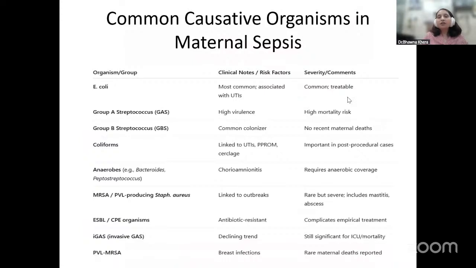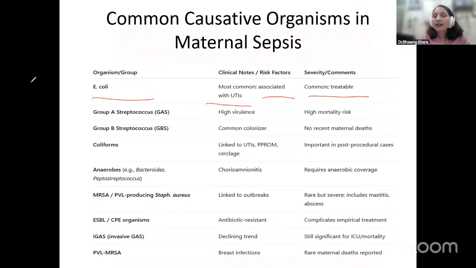Maternal sepsis, now what are the common organisms? Again, a very common part 2 question, right? Which is the most common organism for maternal sepsis? Always has been a point of confusion. So E. coli. Now it is clearly mentioned that E. coli is the one which is the most common, particularly when associated with UTI, and this is common and treatable. In the guideline, one study of Ireland has also been mentioned from which a chart has been given